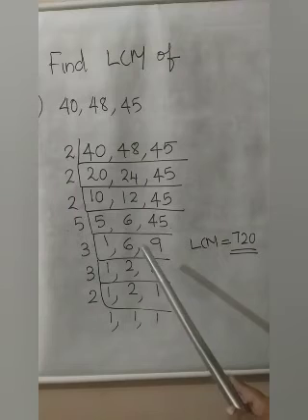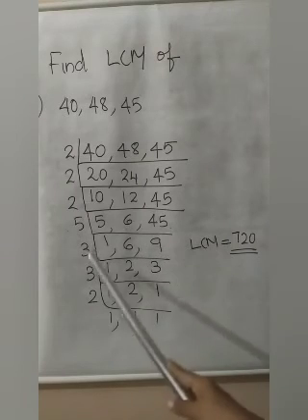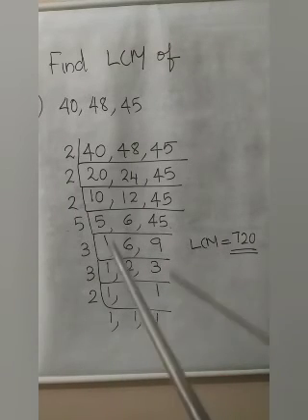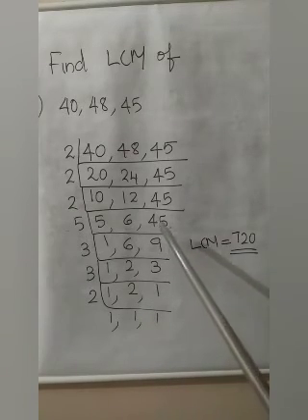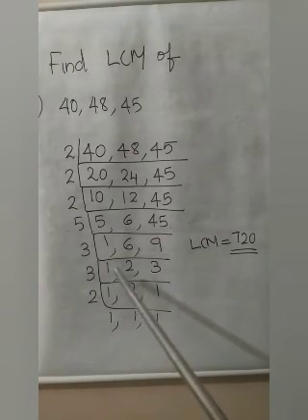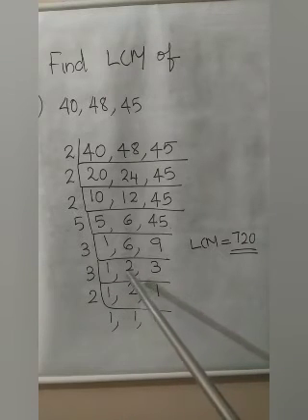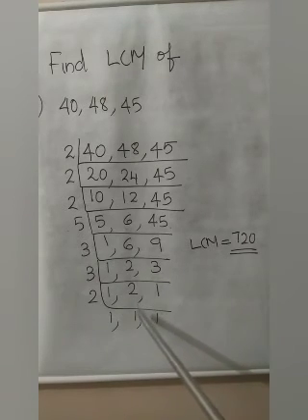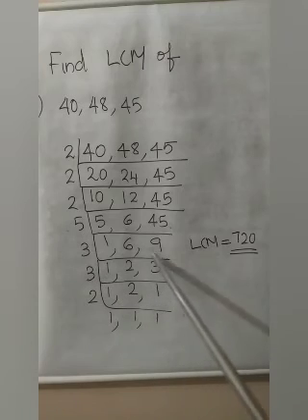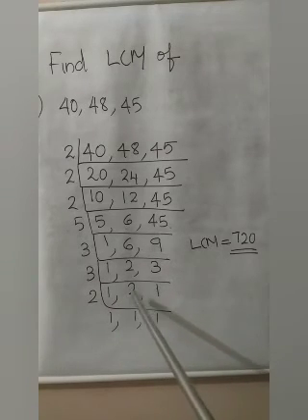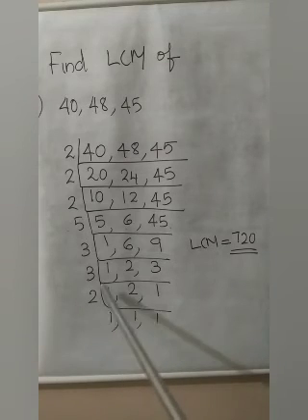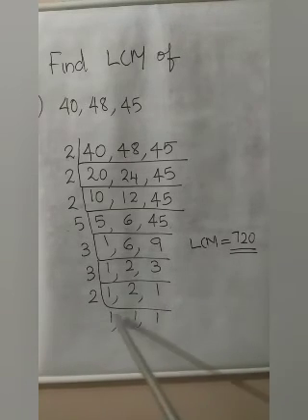Which is a number by which both 6 and 9 are divisible? 3. So going for 3. 1 you are writing the same. 6, how many times? 2. 9, 3 times. Next 1 you are writing the same. 2 you cannot divide by 3. So you are writing 2 the same itself. 3 when divided by 3, 1. Now which one do we need to make 1? Only this 2. So with what do we have to divide? 2.